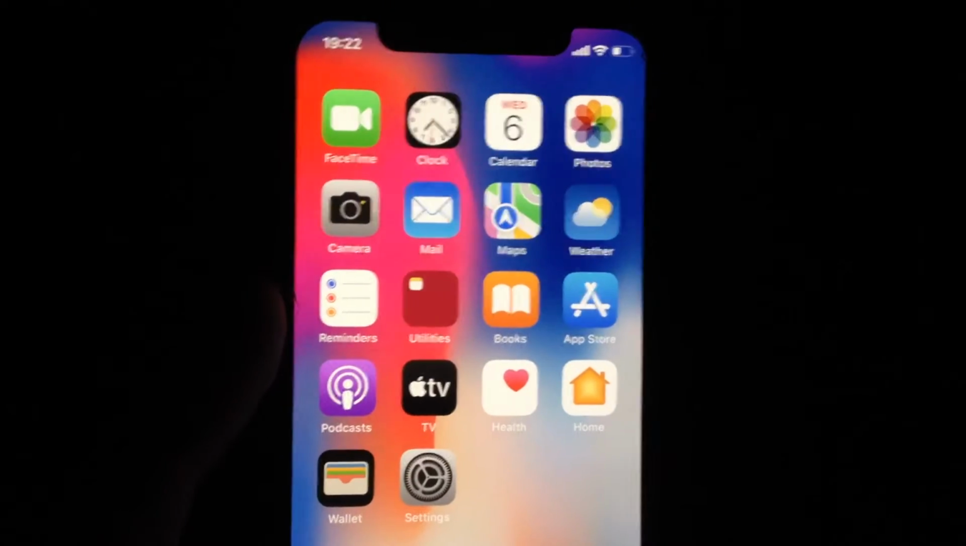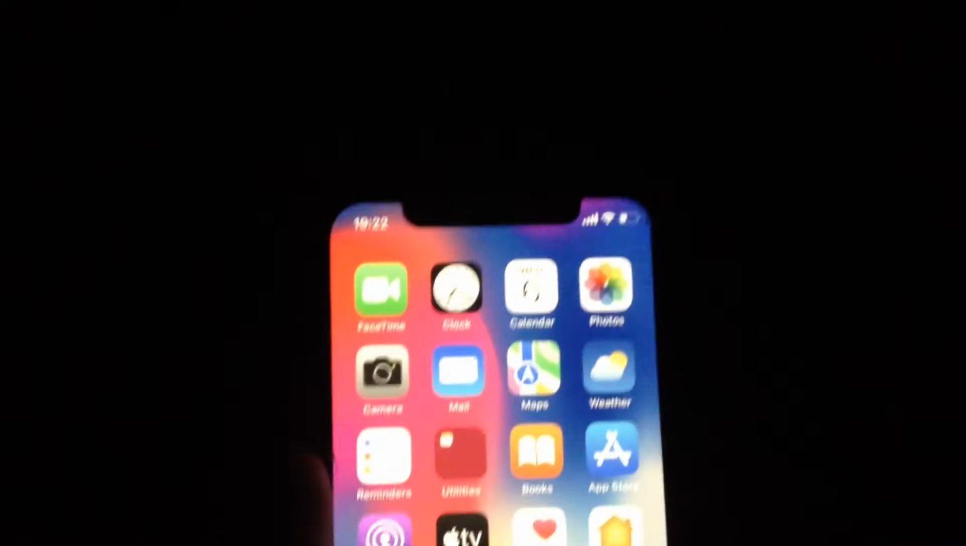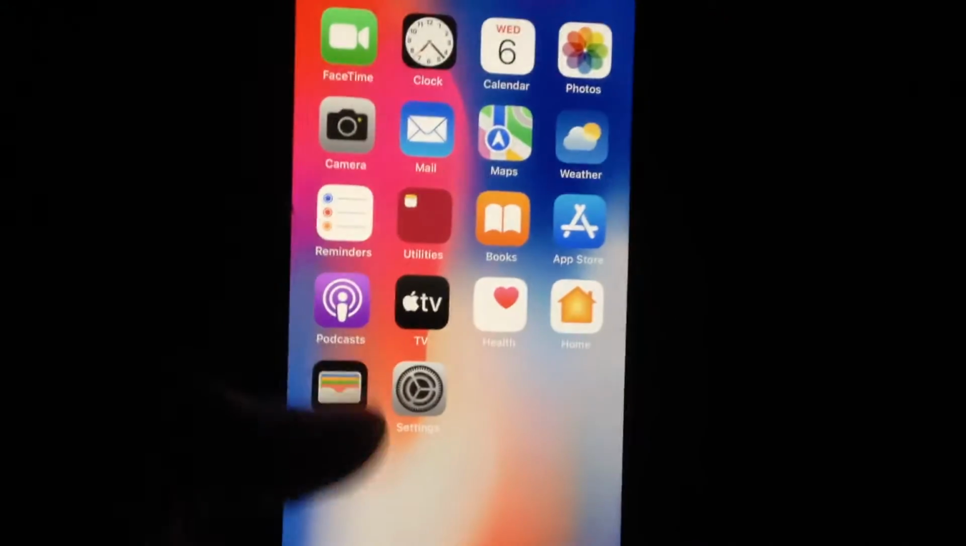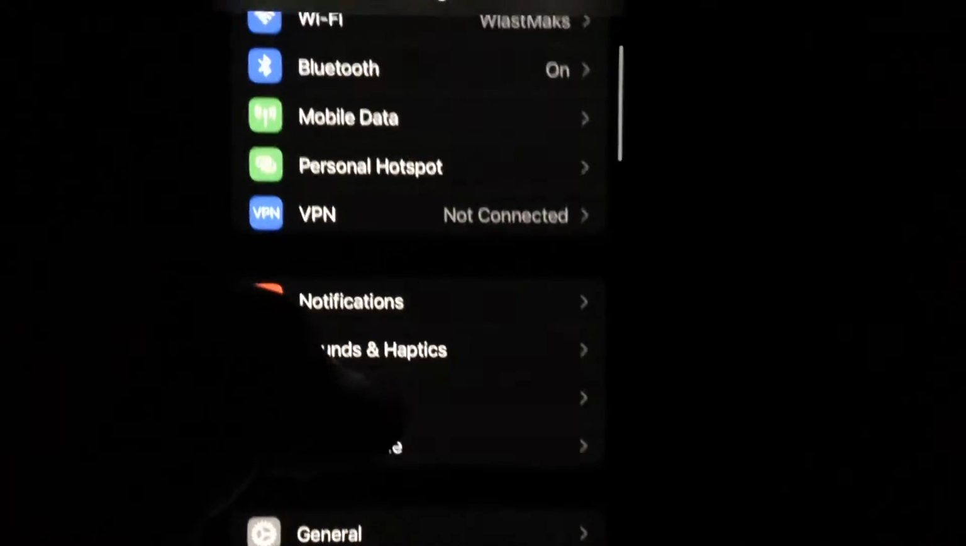So if you see on your iPhone the problem, Wi-Fi, no internet connection, how can you fix it? For fixing it, just go to the settings. In the settings, first thing you need to